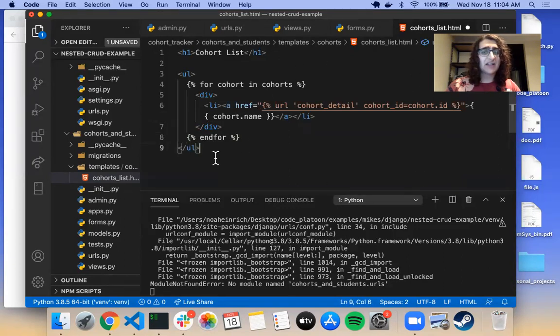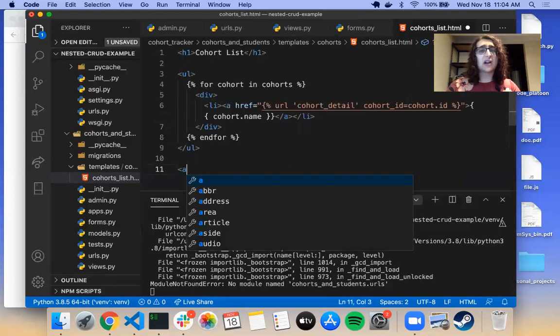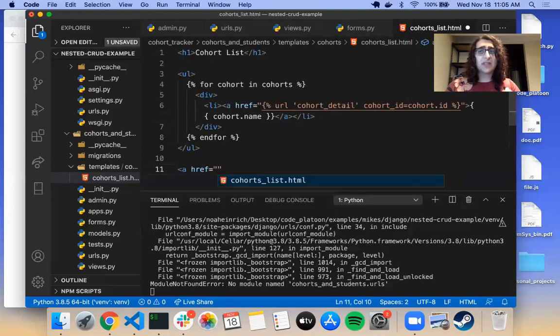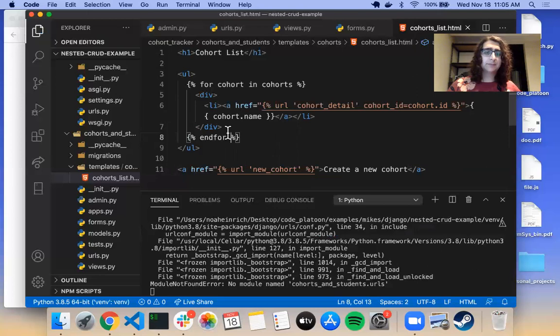And then I'll also have a link that'll take us to our URL to create a new form, or create a new cohort. So URL new cohort. We create a new cohort. All right,